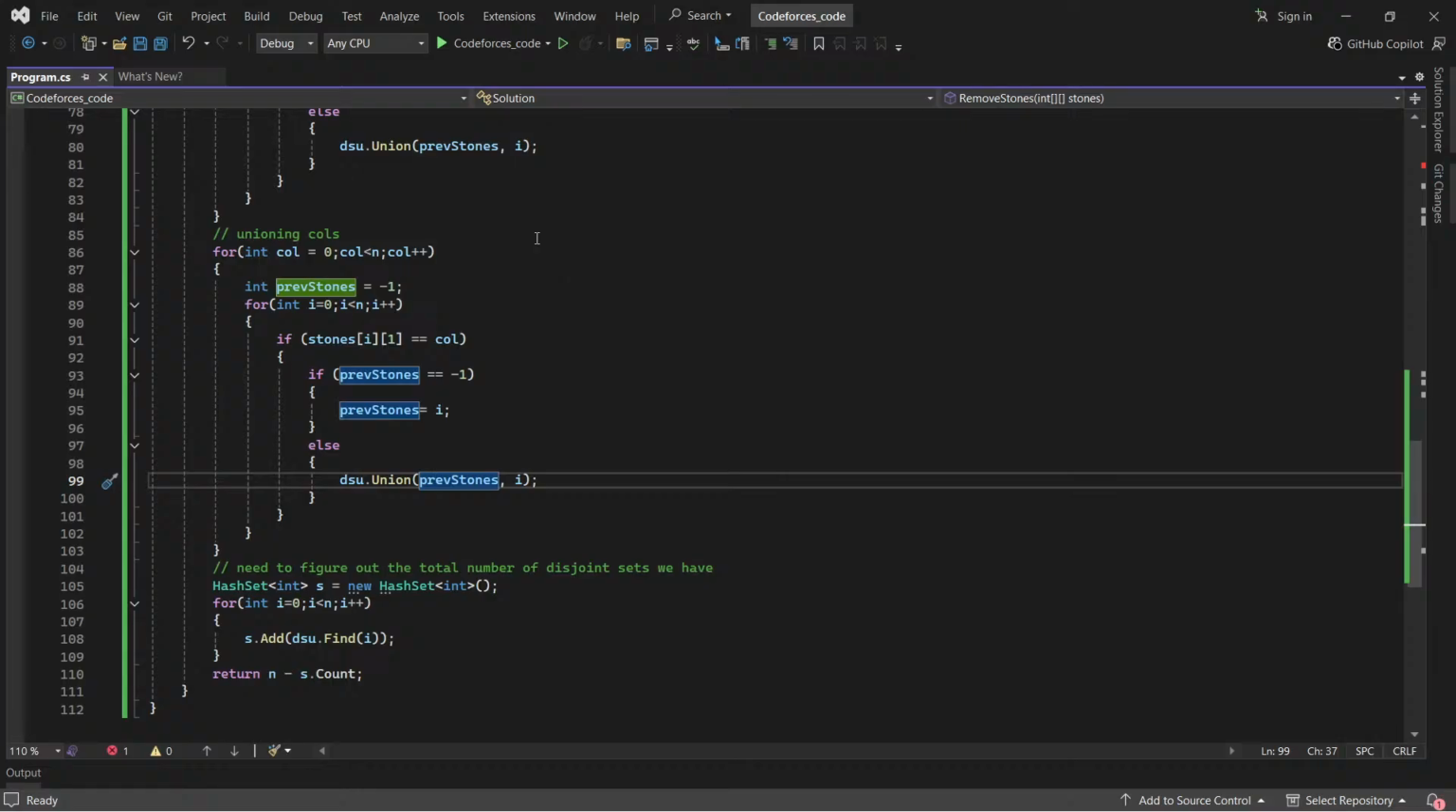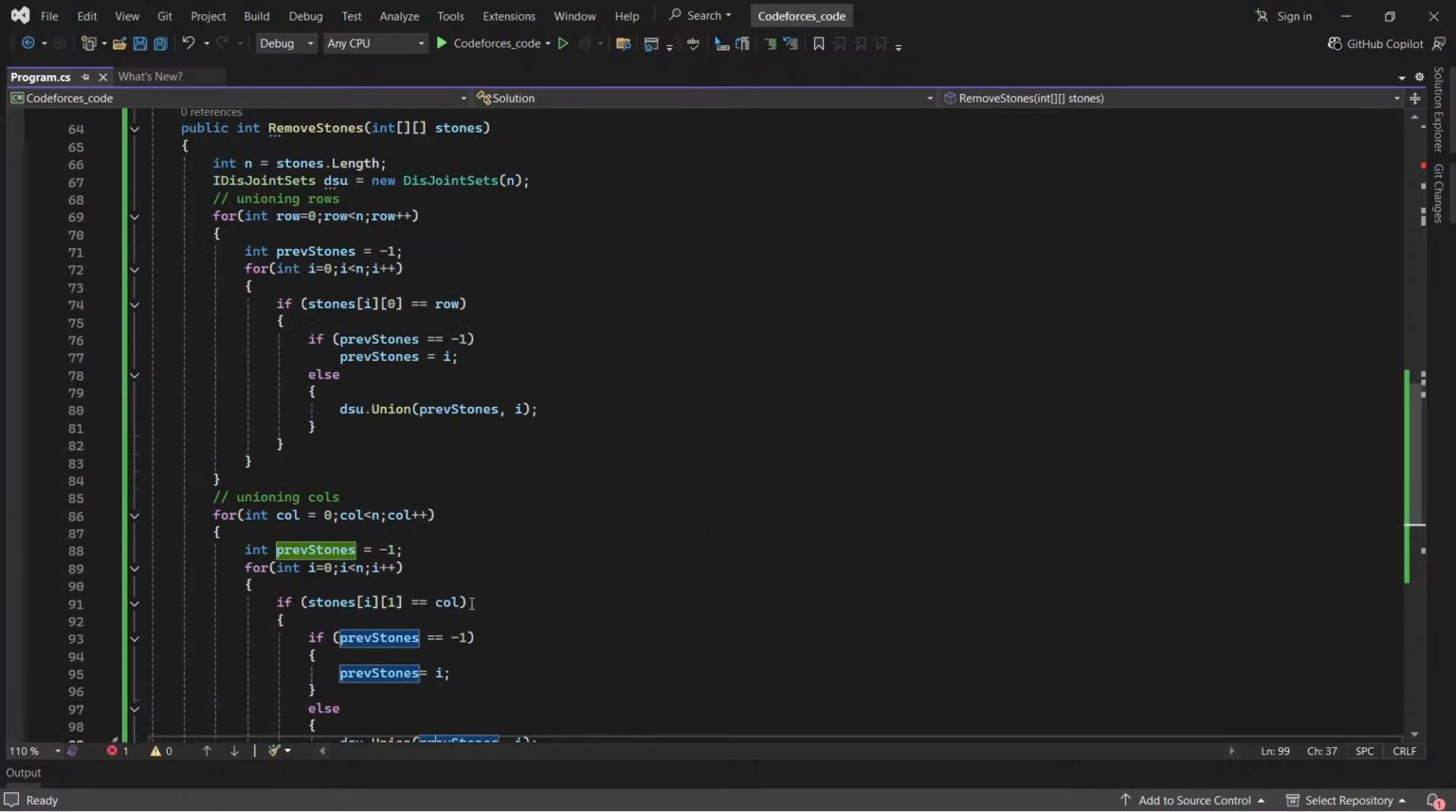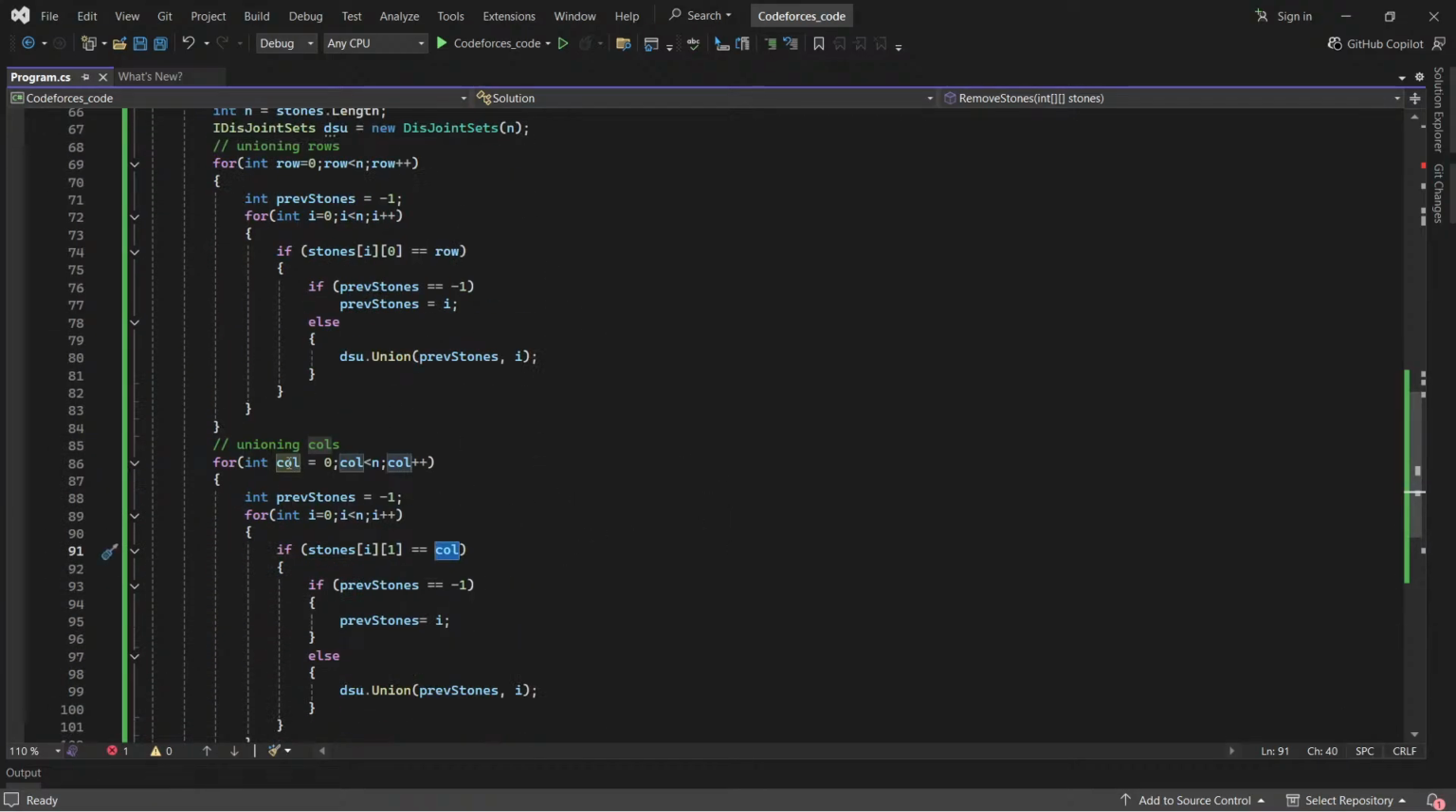I don't know why this is not working. It should work. Because we have column value, so column 0, then